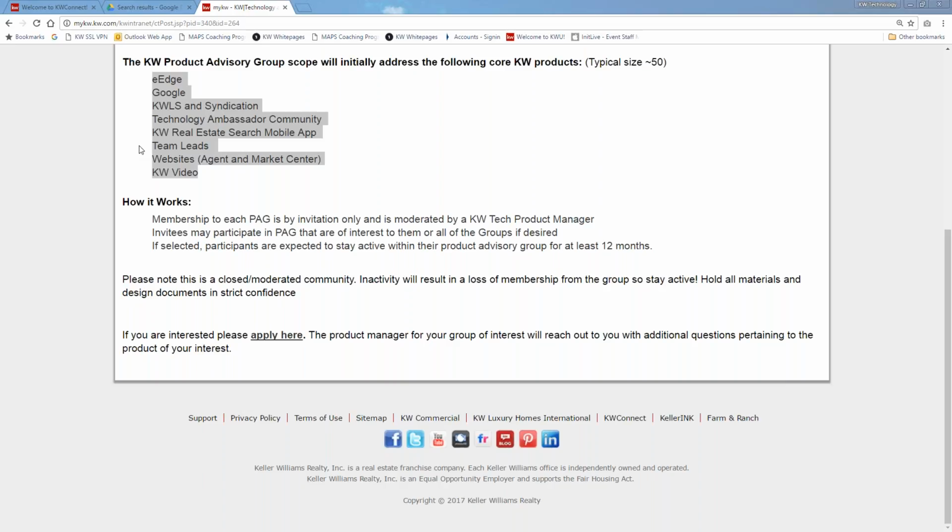Now, we've made great progress in speeding up the KWLS processing time. We're working on new ways to make it faster, and of course, you guys can be a part of that. But nothing will ever be as fast as a direct feed from the MLS. So to bridge that gap between when a listing appears on Zillow and when the KW treatment is applied, we've